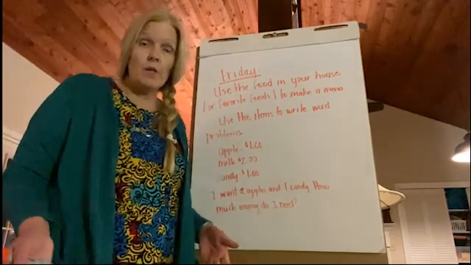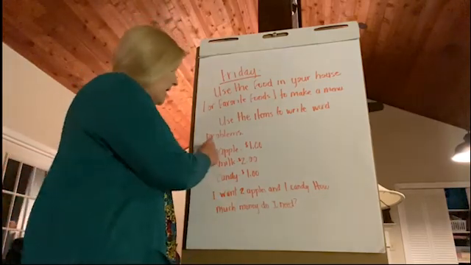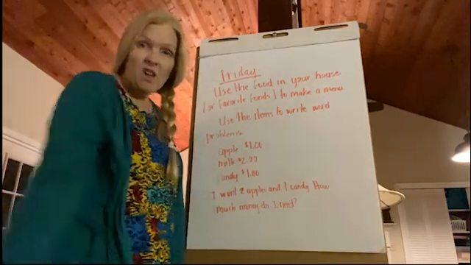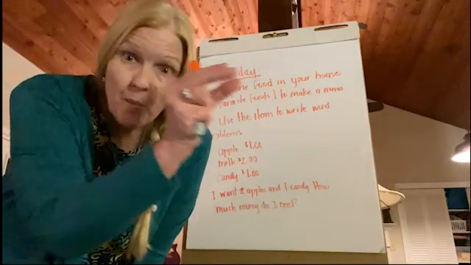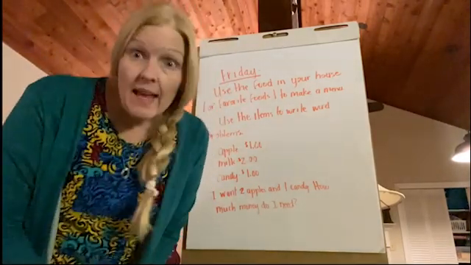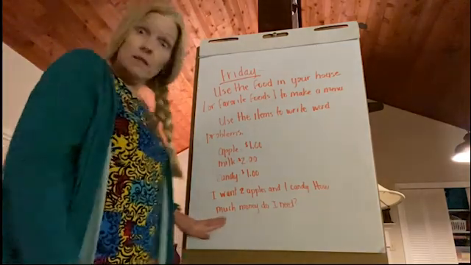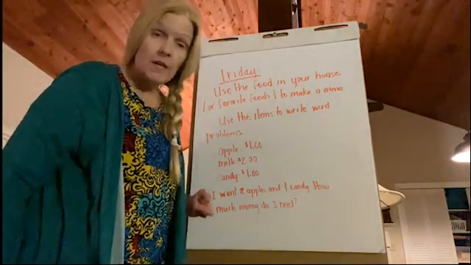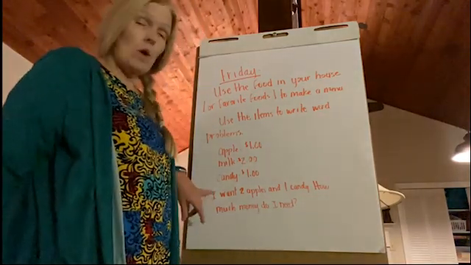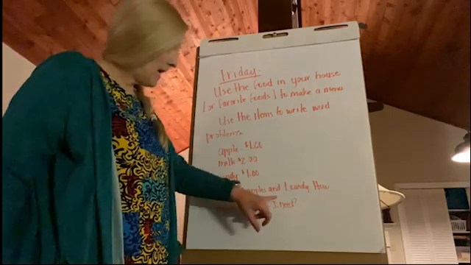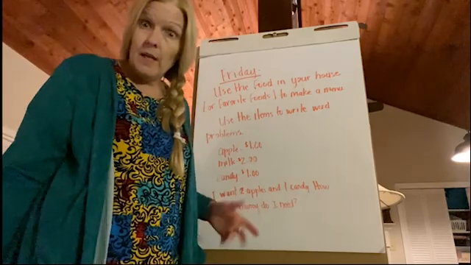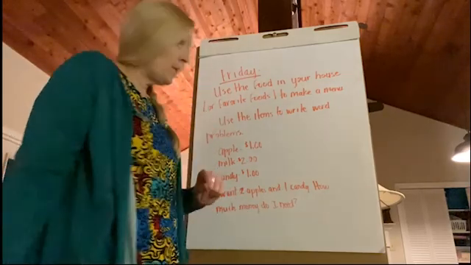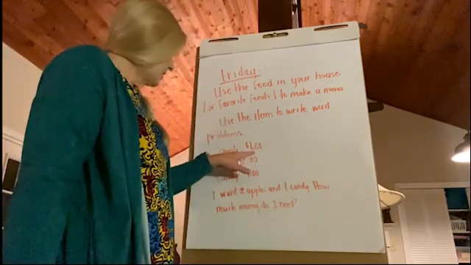And then what I want you to do is take those items and make a menu. All a menu is a list of items with a price beside it. Then use your menu to write some word problems in math. So if I want 2 apples and 1 candy, how much money do I need? Woo! So then I've got to go up here and say, an apple is $1